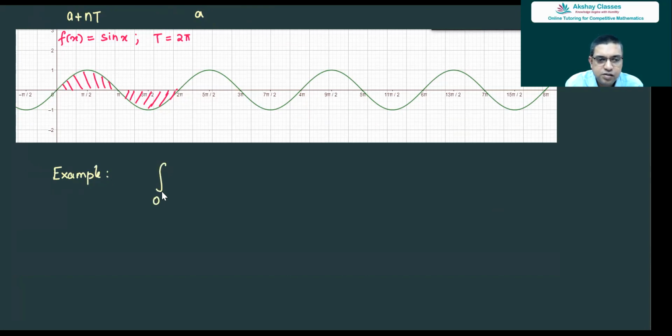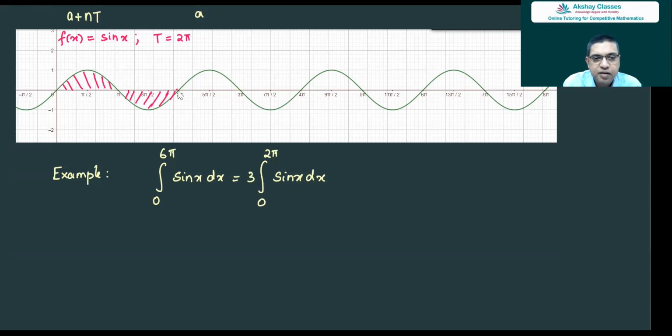So integral 0 to 6 pi sin x dx will be equal to integral 0 to 2 pi sin x dx multiplied by 3. So you see here,